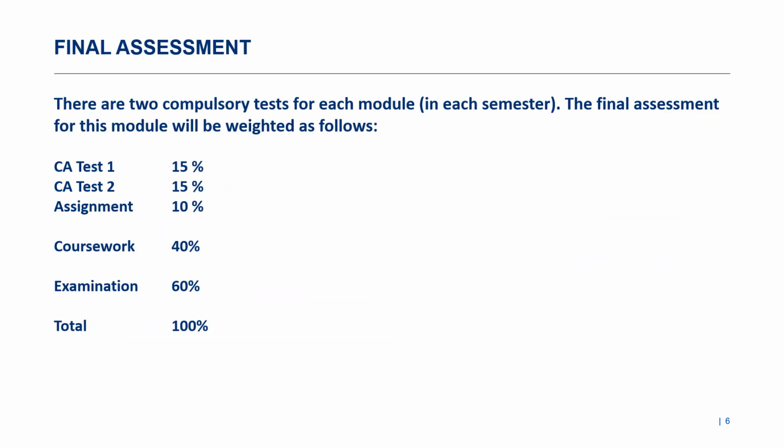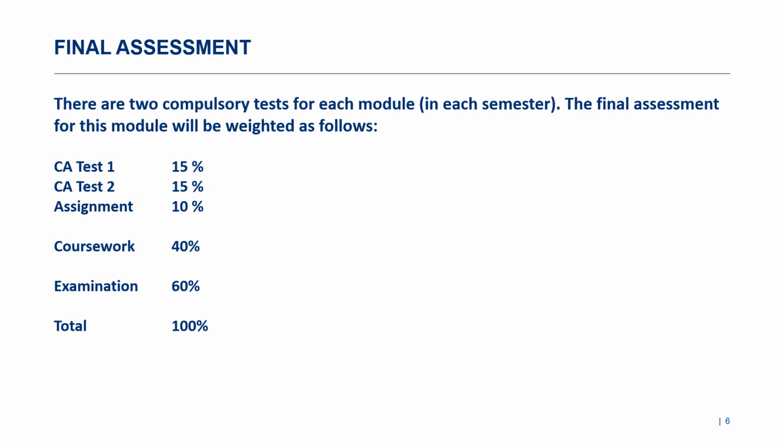You may be wondering how this module is assessed. Well, let me relax you as I take you through the whole sequencing process of how the module is assessed. The module consists of coursework, which is compulsory and has a weighting of 40%. At the end of the semester, you will write a final semester examination, which has a weighting of 60%.